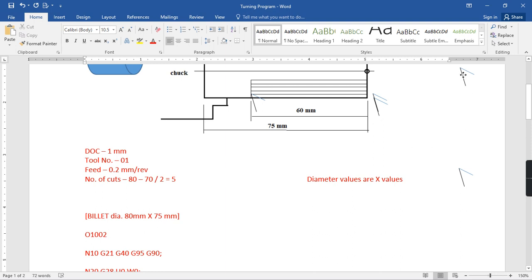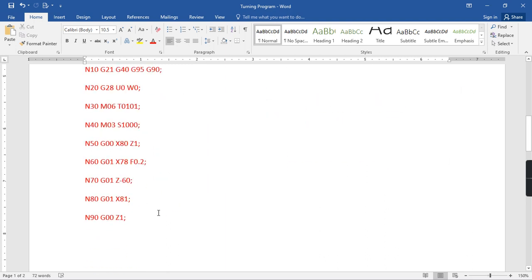So this tool will be here, minus 60 plus, you will get AX81 and then it will be Z1. So this completes your whole cut. Next, this completes your first cut. Similarly you have to go for other cuts. Now first cut